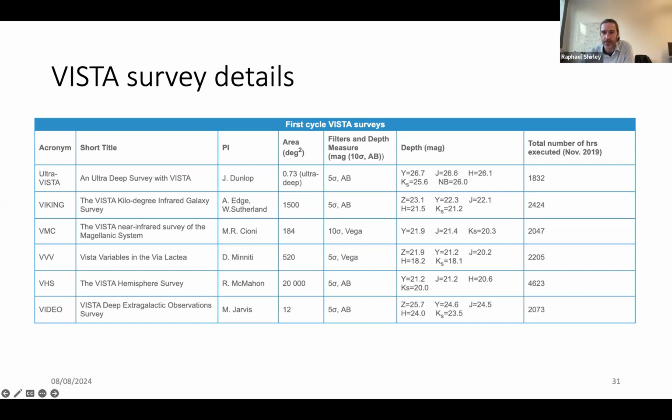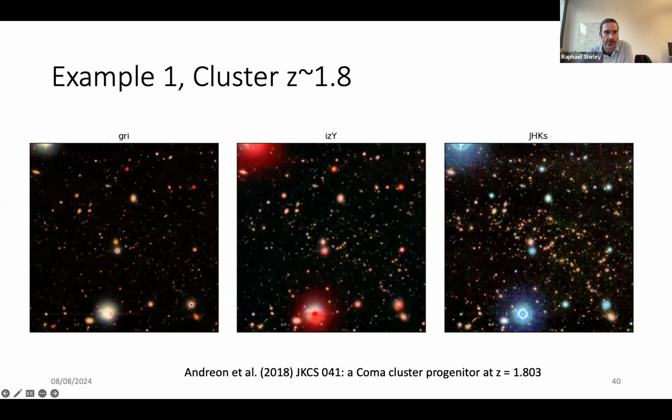I think I'm at 40 minutes now, so I won't go into too much more detail on that work on the joint processing, but just to show you some examples. This is a cluster at redshift 1.8, which was detected using the VISTA data. Here we've got the GRI full color image on the left, from Hyper Suprime-Cam, and then on the right we have the VISTA image from the VIDEO survey,